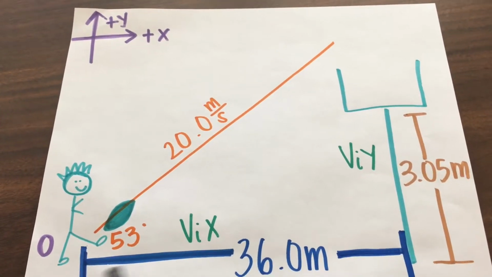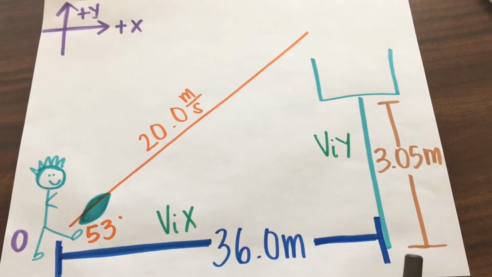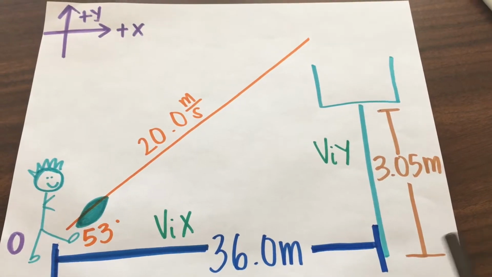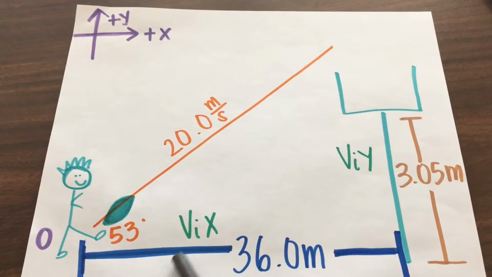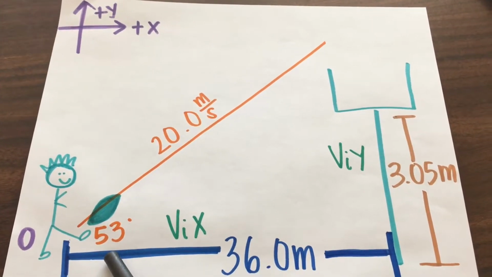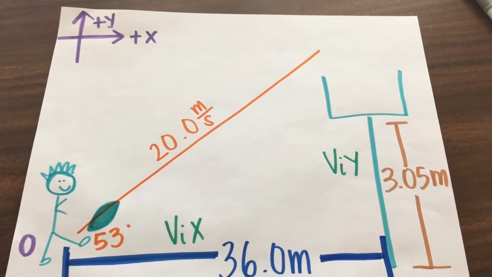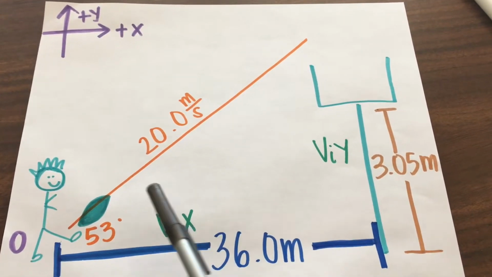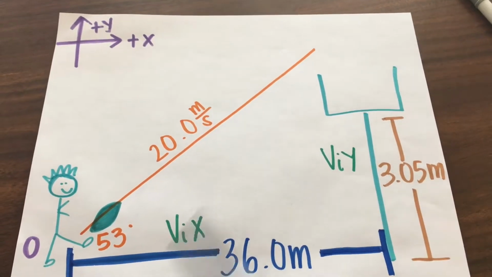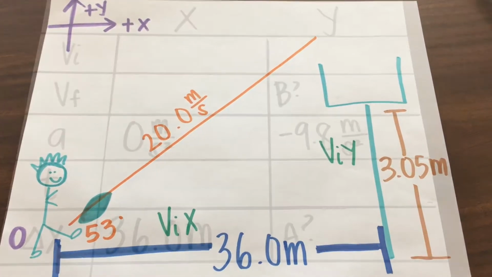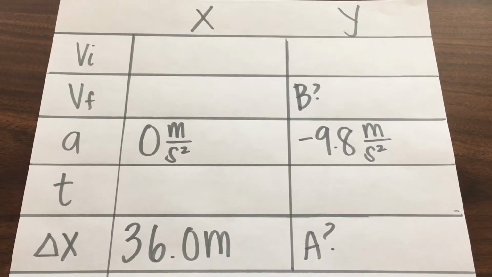We know that the distance between the football player and the goal is 36.0 meters in the horizontal, and the vertical distance from the ground to the top of the goal is 3.0 meters. We know that the ball is being kicked at a 53-degree angle and that the initial velocity is 20.0 meters per second. We want to label where our positive x and y are, and so our positive x is going towards the right, and our positive y is going upwards, and our 0 is right where the ball is being kicked. For this problem, we have to separate x and y, so it's helpful to organize our information in this